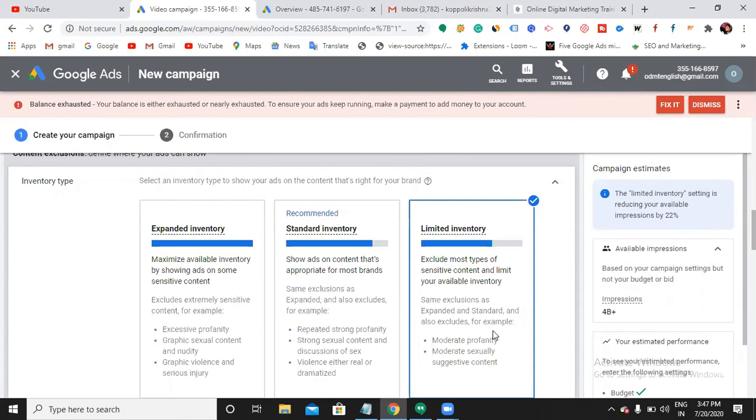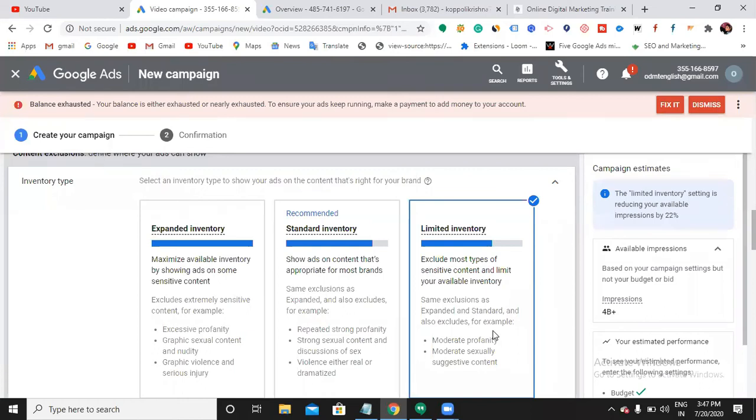So when I choose limited inventory, yes. You mentioned bad language, I didn't get that. Yes, bad language means video content which has some bad language. Now, if I look at Bittir Sati kinds of videos, they use some bad language, right? So in those kinds of videos, your ad won't appear. So this is the restriction.